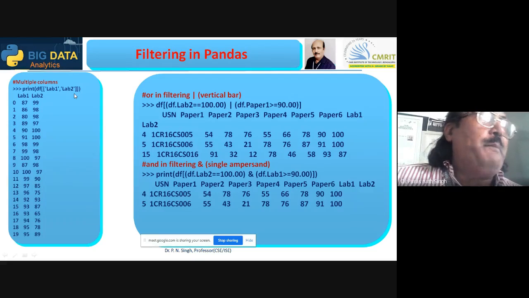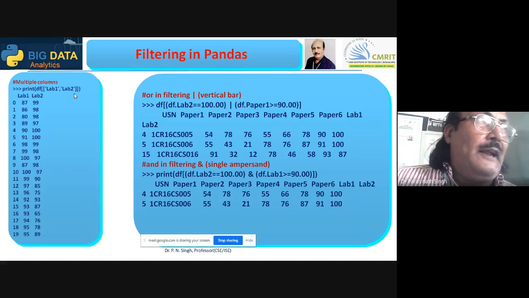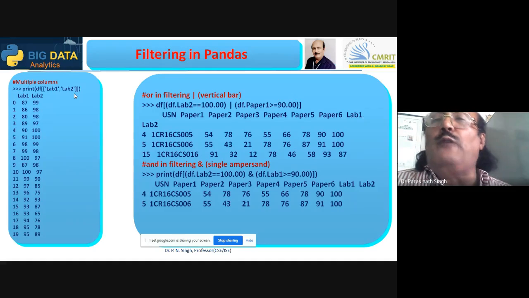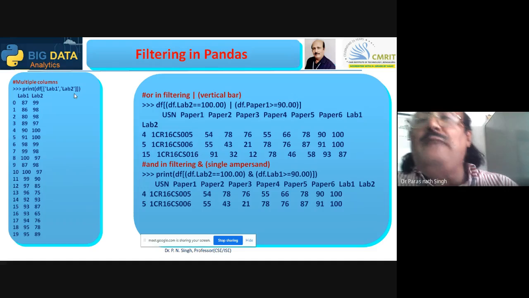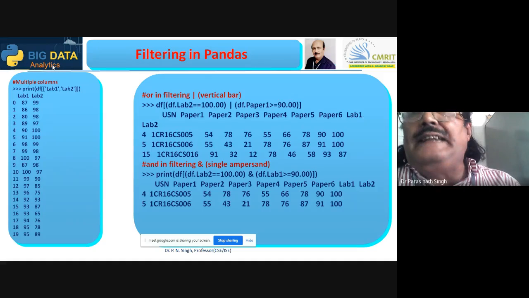If we are giving print df.lab1 and then comma df.lab2, it will display the df.lab1 marks, and again changing the line it will display another 20 lines. So my filtering was I want to see the lab 1 and lab 2 marks, like you say, filter database.